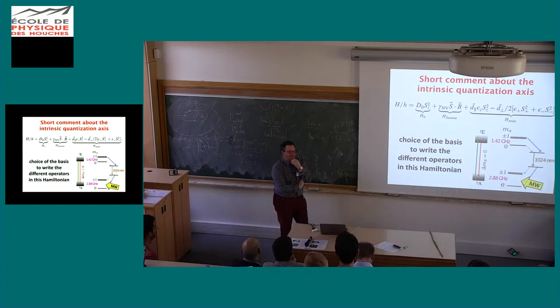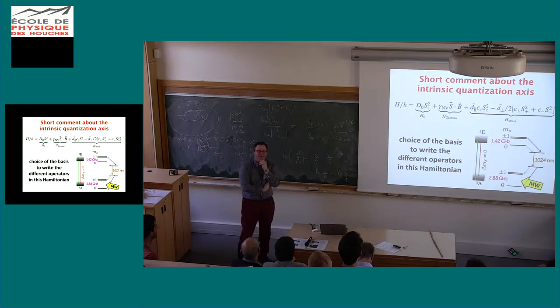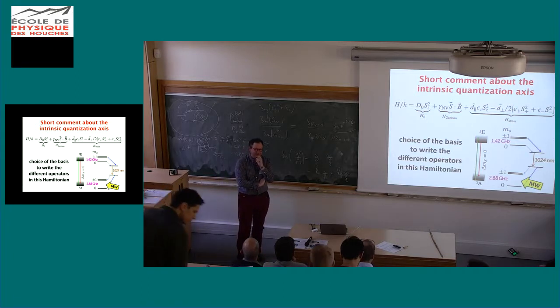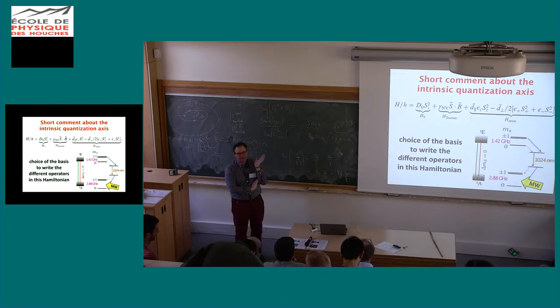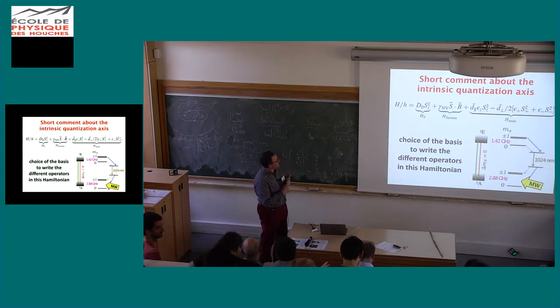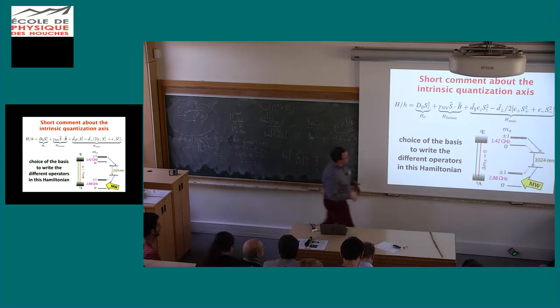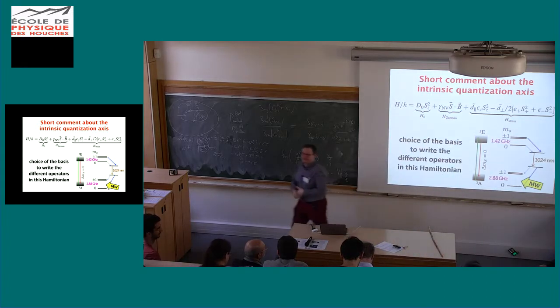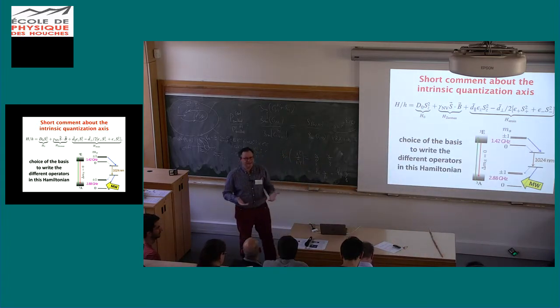So I had a few questions yesterday at the end regarding what I called the intrinsic quantization axis of the defects. Perhaps this will be obvious for many of you. But when I write the Hamiltonian, if I want to do some calculation, of course, I have to use the states of the NV centers, the S equals 1 basis,